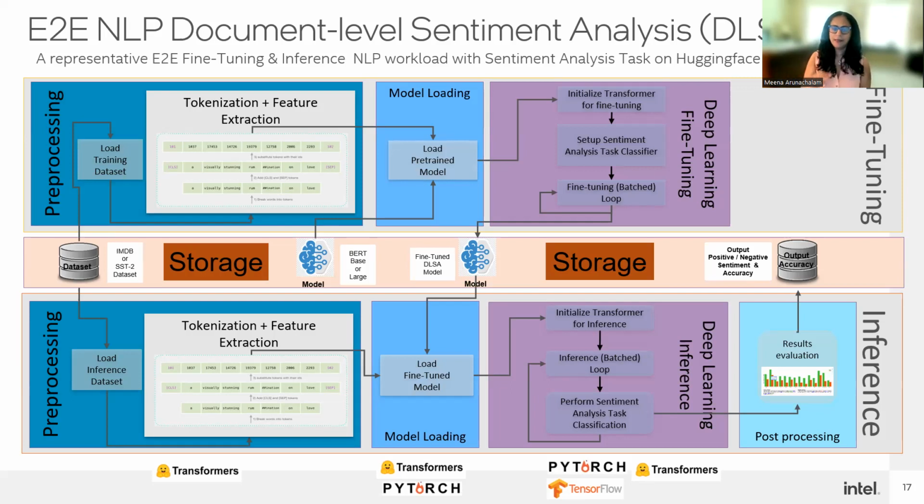which is an inference pipeline. In this case, the inference pipeline is essentially the same concept, except it's on the inference data, right? You're going to tokenize, load the data, load the fine-tuned model, go through the inference process, and then publish a green or a red, positive sentiment or negative sentiment, on the data. In this particular case, we were using movie reviews, these are all public data sets, right? IMDb and Stanford tree data sets. But what I'm trying to say is this is a very simple pipeline, but imagine this at scale in production, in an enterprise, for example,